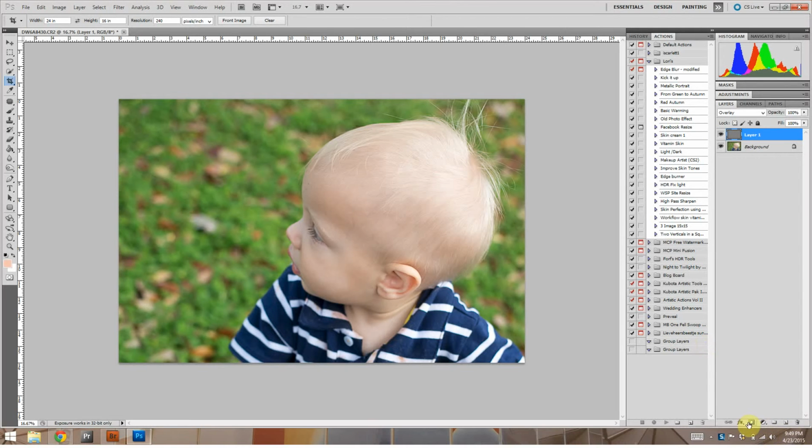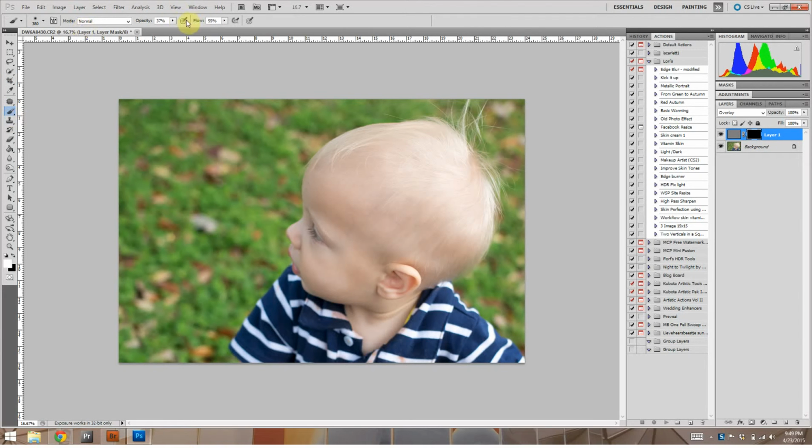And so what I'm going to do is I'm going to go down here, and I'm going to click this to make a mask. And so right now I have a mask. So if I left it just like this, everything that I painted with a black brush, right now it's white, but if I painted it with a black brush, it would take off the sharpening. Well, since I only want to add spot sharpening, I'm going to invert the layer. And you can hit Control I to invert the layer. Now if you click this eyeball, you see that nothing changes. So the layer's inverted. So now anything that I paint on with a white brush, because this is black,